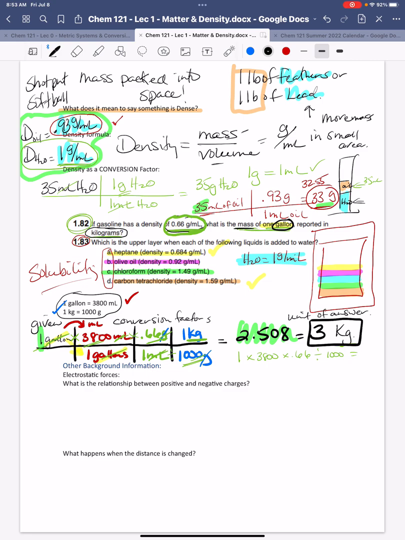I'm not as versed in kilograms, but just so you know, 1 kilogram is equal to about 2.2 pounds. That might help you. But basically, when you're hefting around a gallon of milk or a gallon of water or a gallon of gasoline in this case, a gallon's going to be about 3 kilograms.